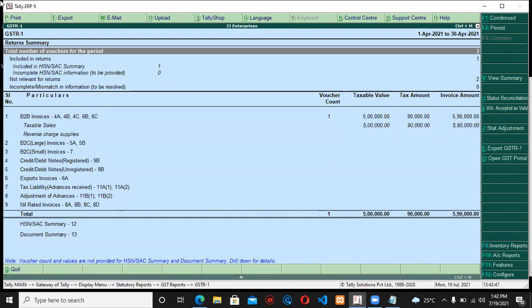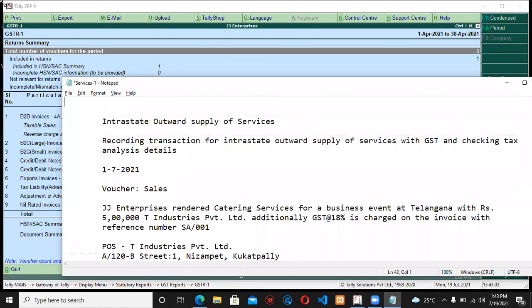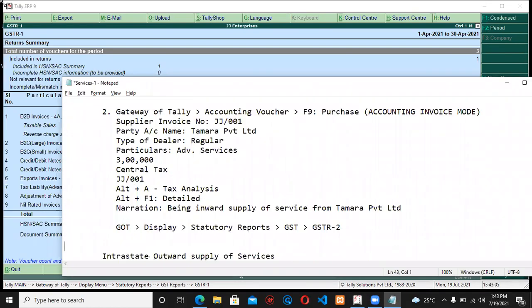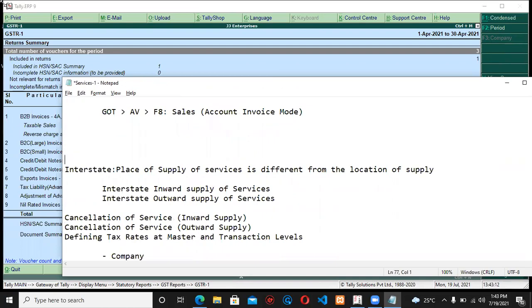So that's how we perform the task of recording our intrastate outward supply of service. Navigation is the same. Whatever we did previously to record your purchase transaction, the same report has been accessed by us, but with a reference to GSTR1.